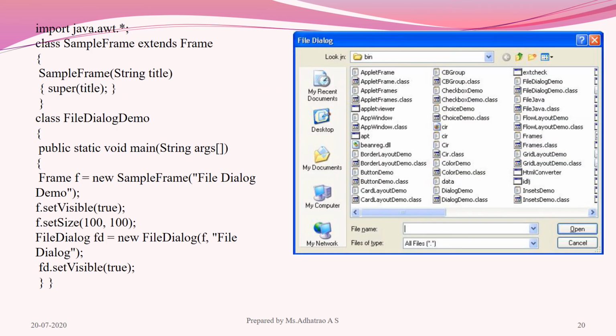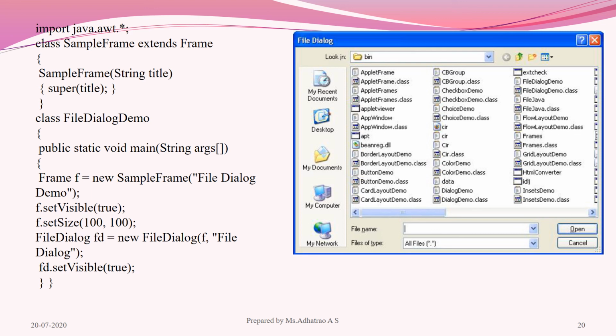So this is the example for FileDialog. Creating a frame by setting the title to the frame, FileDialog Frame Demo. Creating the object of FileDialog is equal to new FileDialog with the frame object and title for the dialog, and F.setVisible(true), setting the file dialog visible to the user.